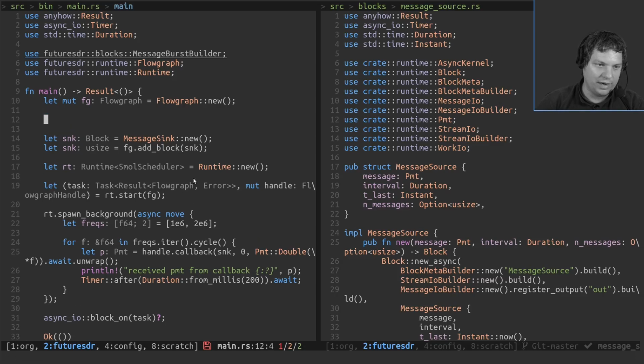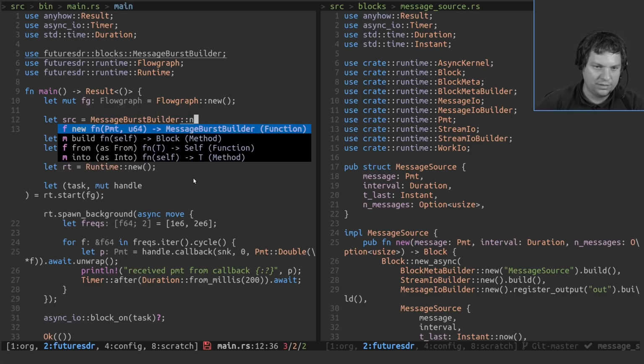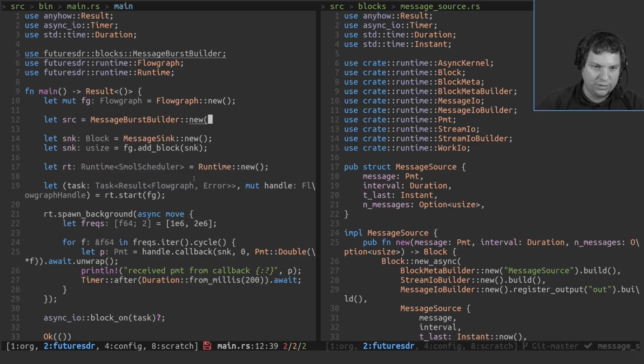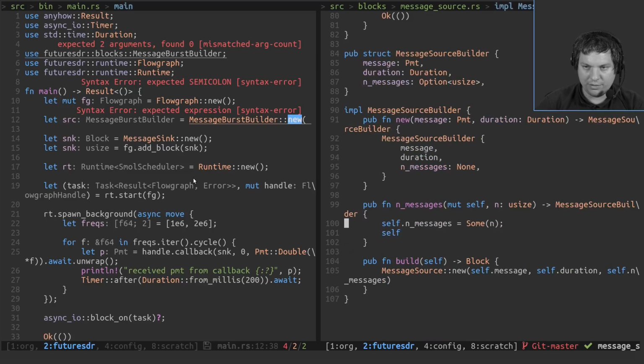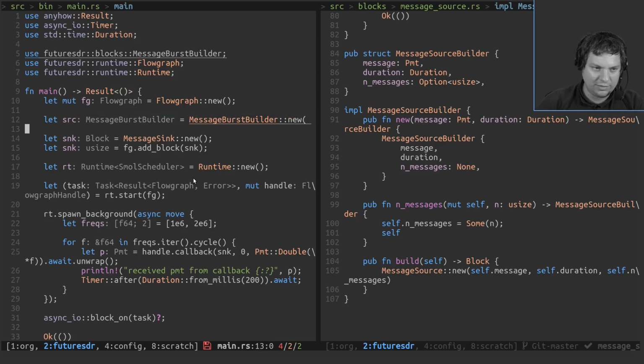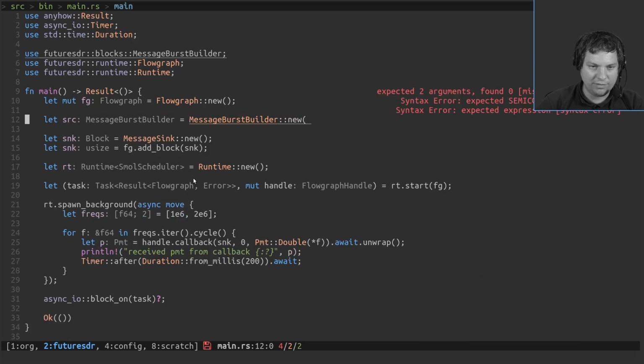Because now we can let source as then message source builder. We do new, and now these are the required parameters that we add in here, which is the message that we want to spare the whole time, and then the inter arrival time.